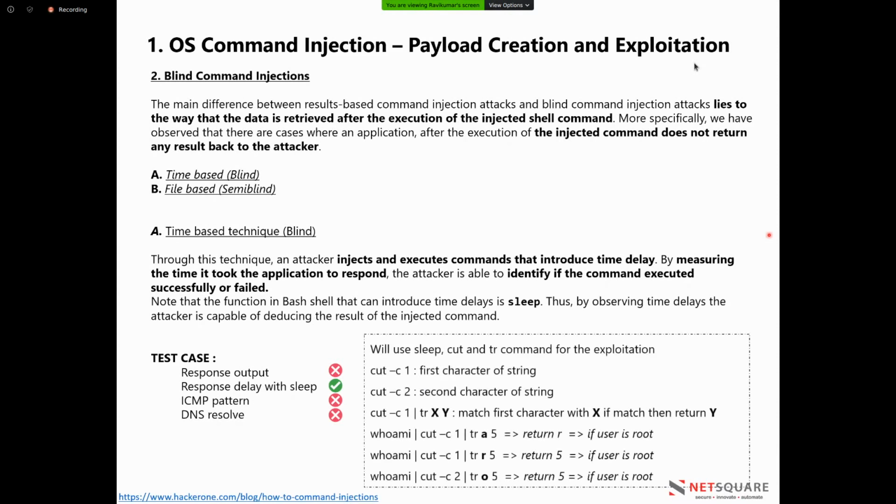So we need to create this kind of command. If I use cut -c1, it will return the first character of the string. If I use cut -c2, it will return the second character of the string. What if I put cut -c1 and pipe it to tr? If I put tr x y and it matches the first character with x, then it returns y. If I use whoami and my user is root,